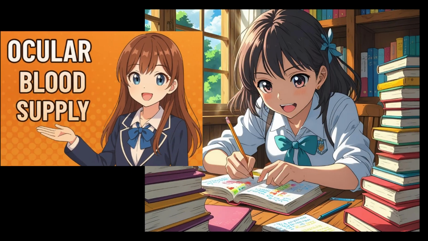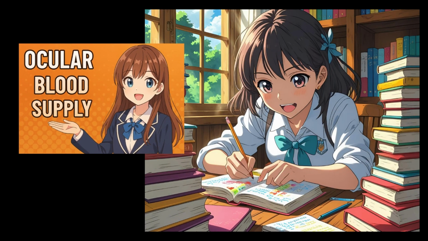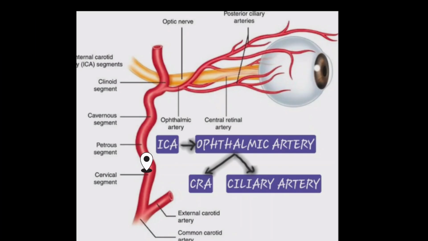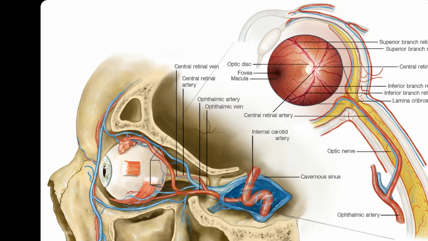In this video, we will be discussing the blood supply of the eye and the blood-retinal barrier. The journey begins with the internal carotid artery, which gives off the ophthalmic artery as its first branch distal to the cavernous sinus. The ophthalmic artery enters the orbit through the optic canal and serves as the main source of